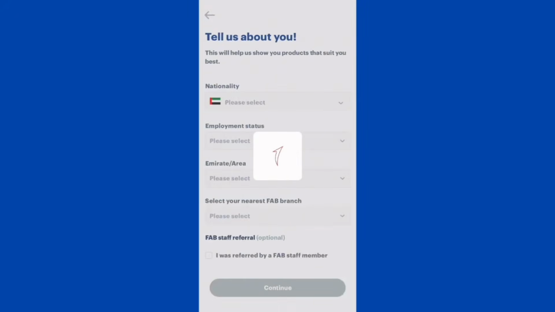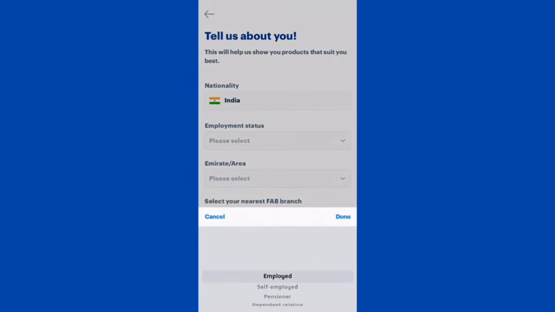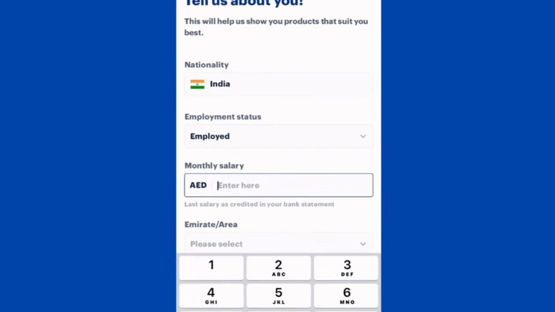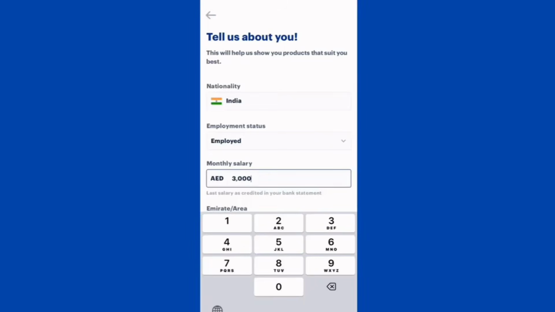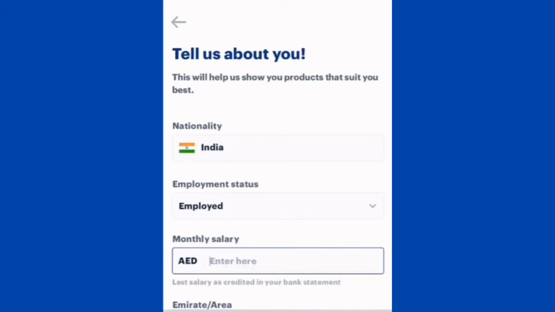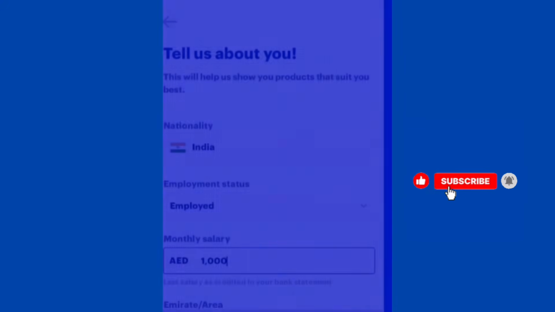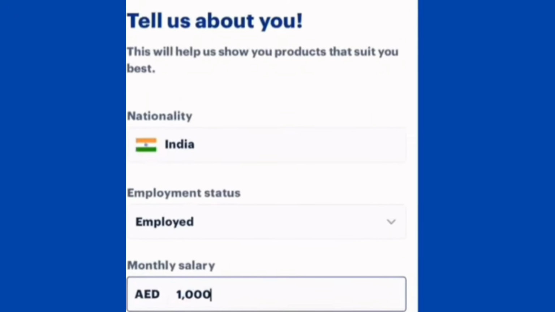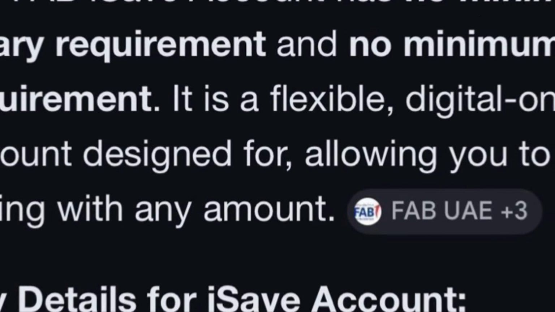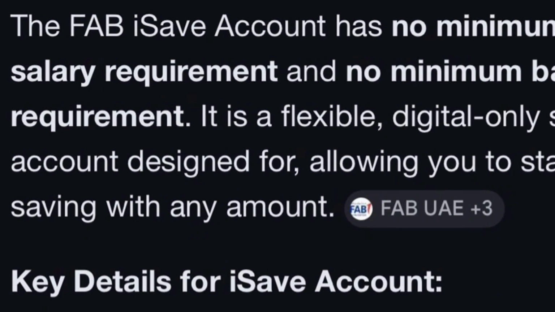It is time to provide more information about yourself. Click on the drop-down button, select your nationality, enter your employment status and the emirate where you stay. Go ahead and input the amount of your monthly salary. Personally, my salary is above 3,000, but I decided to enter 1,000 as my salary while opening this account. Many sources online strongly suggest that the minimum salary requirement for the FAB iSave account is 3,000. So let me know in the comments if you have tried to open this account with a salary as low